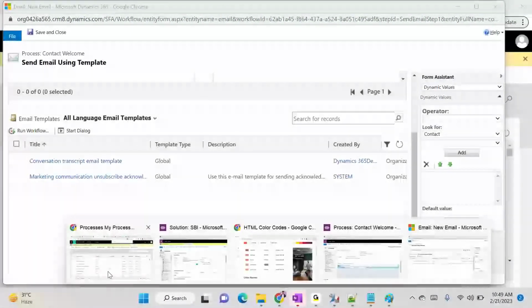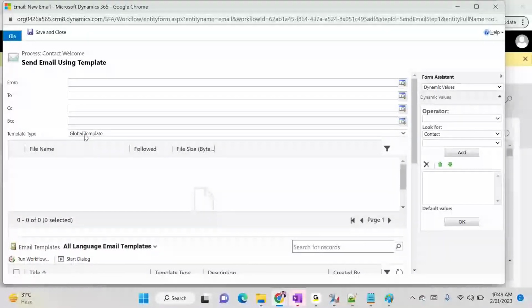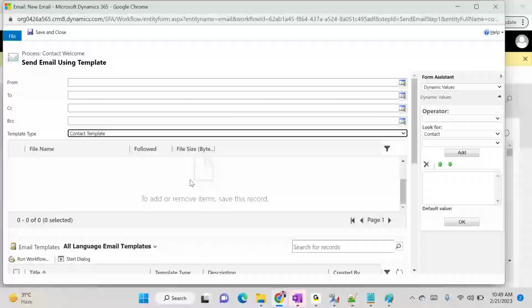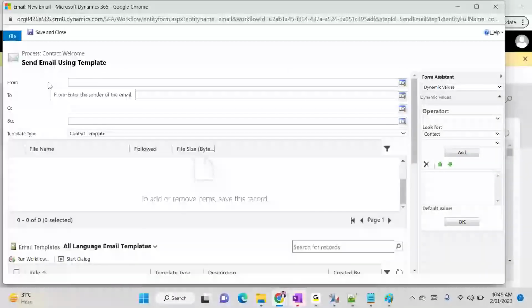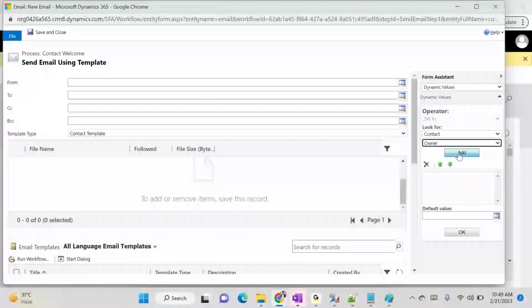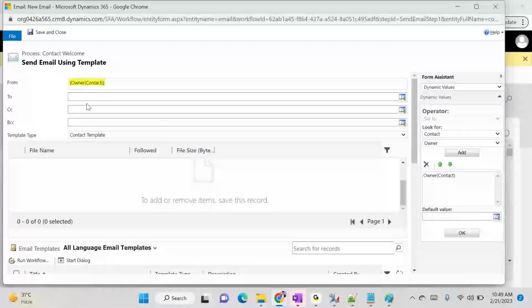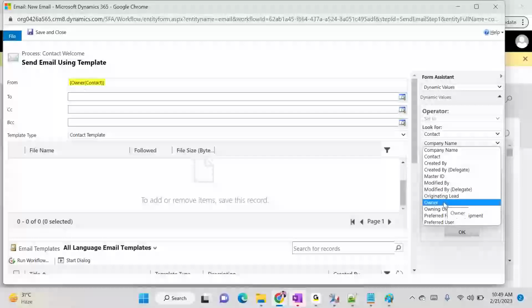It's not refreshed here. Template type contact template, I will select here. This is the email template that we need to use. From will be the owner, to will be the contact,